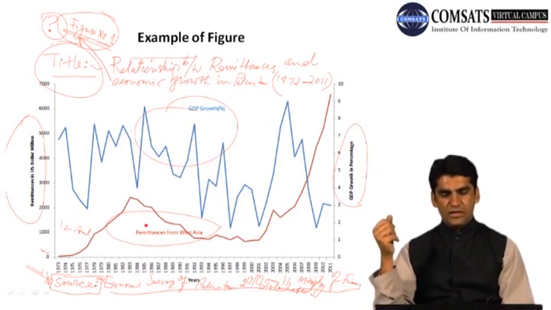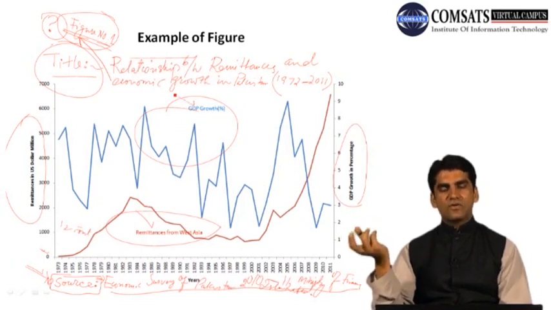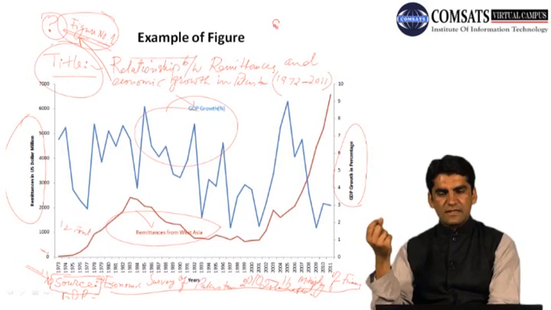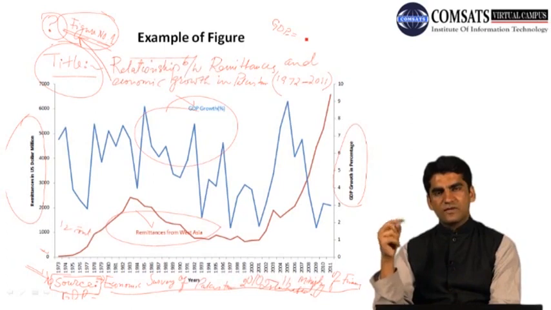If you want to explain remittances and GDP for audience to understand it better, then below source you can write what GDP is. So we are writing it below, but for our own understanding I am writing it here. But this explanation of unusual terms we have to provide always at the end of the graph, where we write source. So below source we have to write it is gross domestic product,